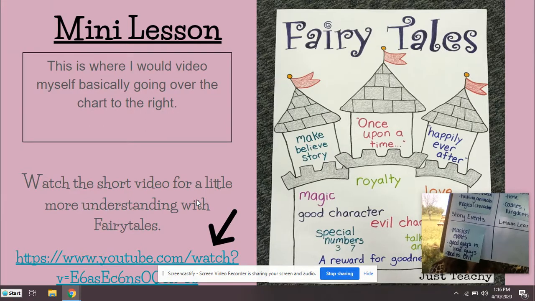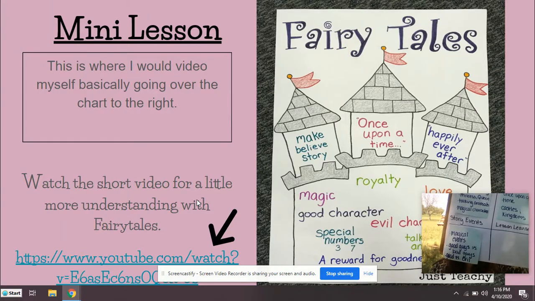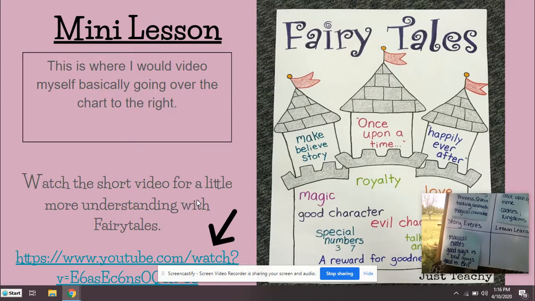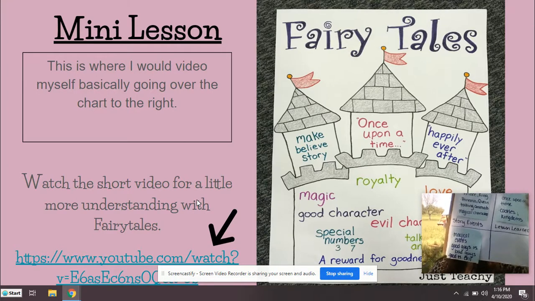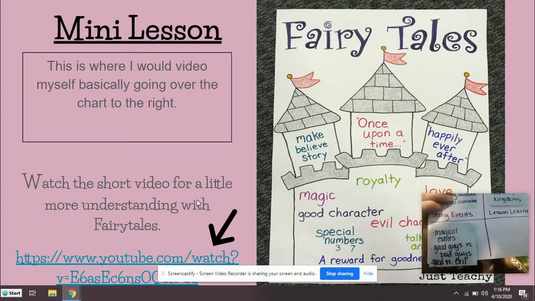For instance, if we're thinking about Snow White, Snow White's evil stepmother gives her an apple, and she takes a bite of that apple and it puts her to sleep. That's a magical event. You've got good guys versus bad guys. You've got good versus evil. Those are going to be a lot of your big story events that take place in a fairy tale.